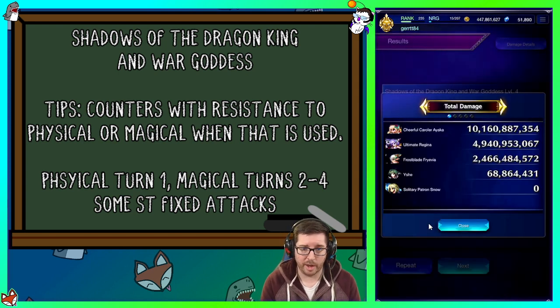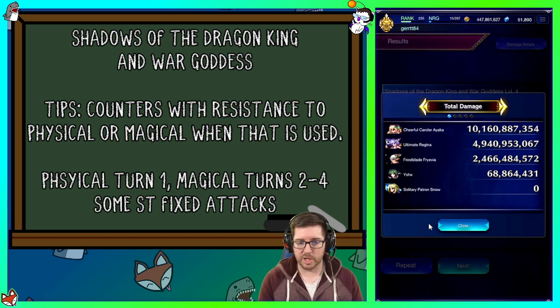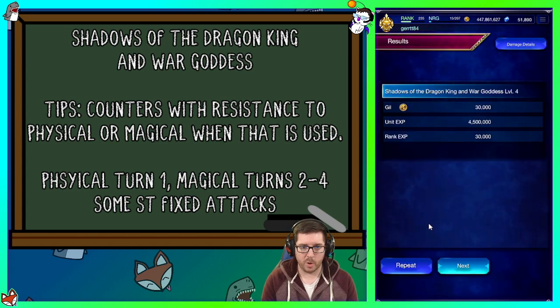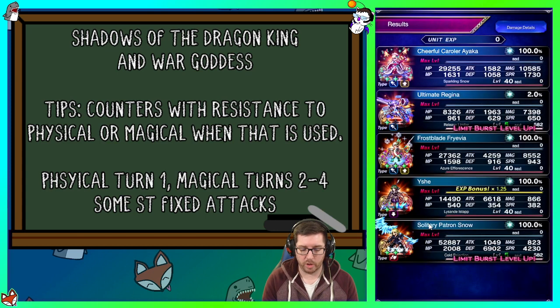Ayaka's doing that all by herself. You know, Regina's doing a nice chunk of damage. Fravia's doing a nice chunk of damage. Yish does a nice, you know, for a support breaker, there she is. And then Snow is, you know, doing what he does best, just standing there. So there you have it, and that'll get you all the rewards